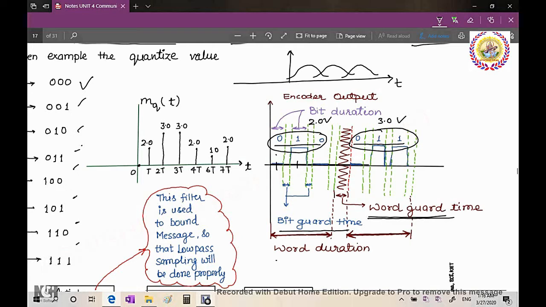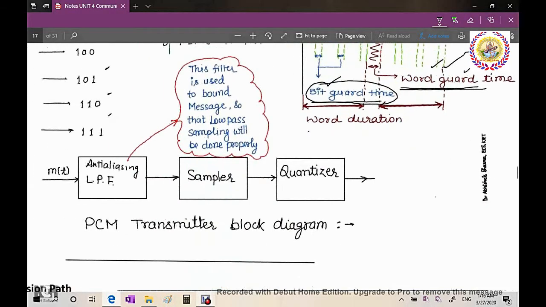Similarly, to distinguish 2 bits, 0 and 1 or 1 and 0 and so on, we will also introduce a bit guard time. So there are 2 guard times in this case: first is bit guard time and second is word guard time. To distinguish 2 words, we will use word guard time, and to distinguish 2 bits in a single word, we will use bit guard time. Okay, then